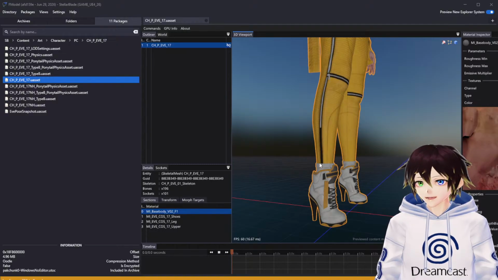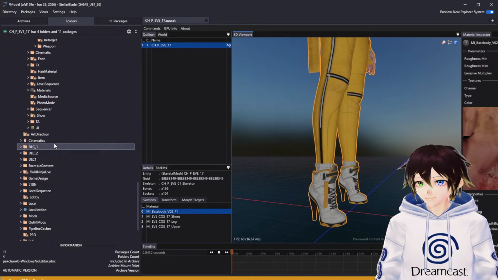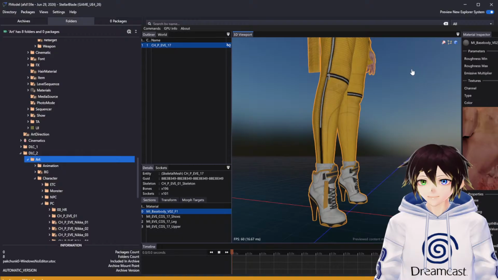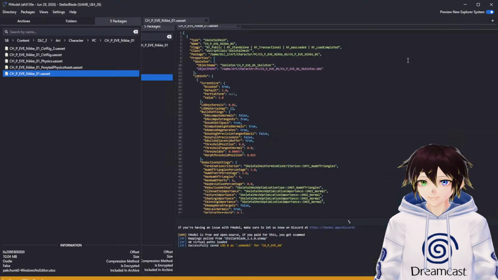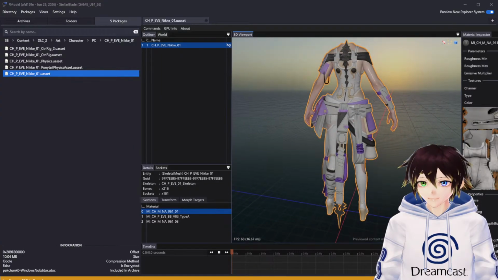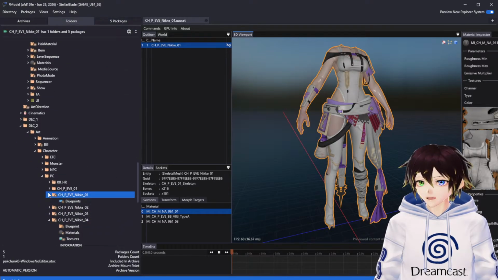Try looking at the other one. You mean the one from Nikkei? Because those down here. Both Nikkei shoes. Wait, what? Art, character, PC. There are a lot of Nikkei character ones, but I don't think some of them work. Like there's that one, which doesn't work because it looks more like a samurai. I obviously don't know much about Nikkei, so